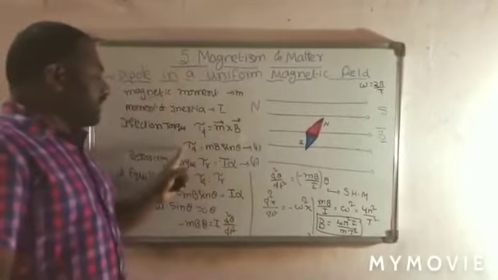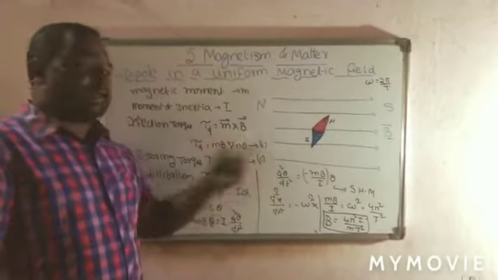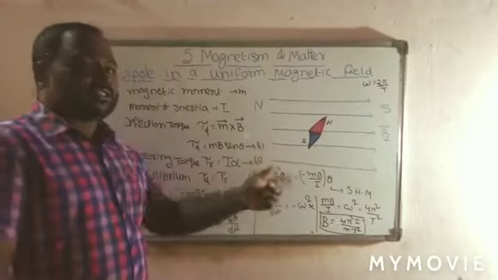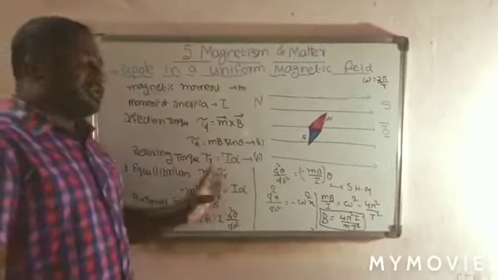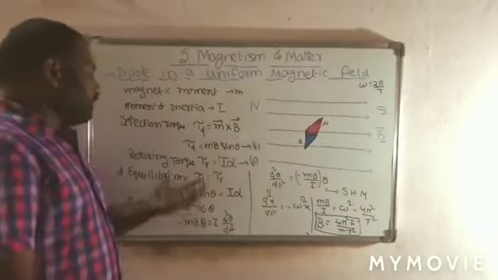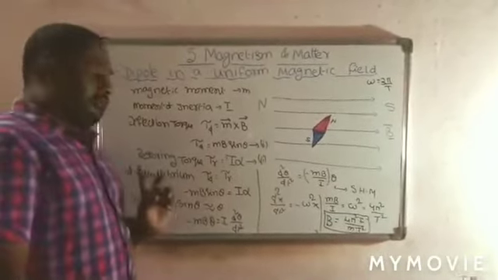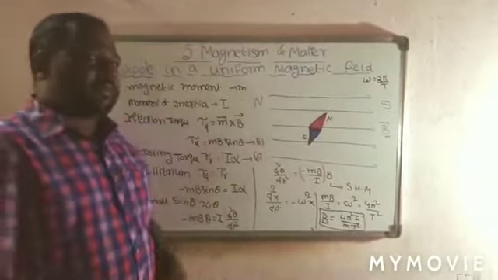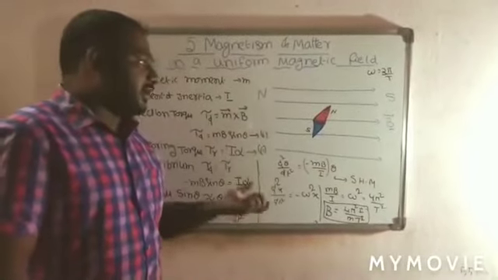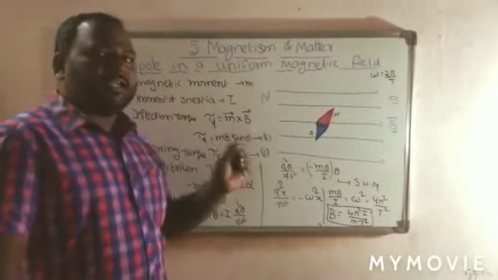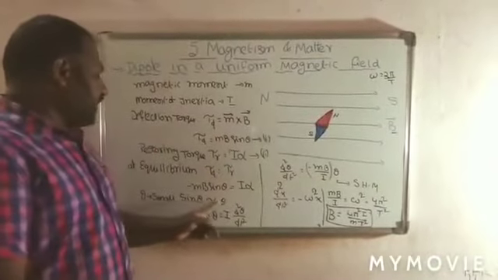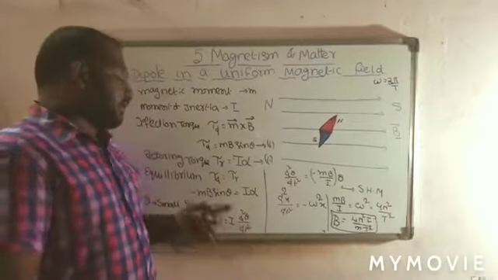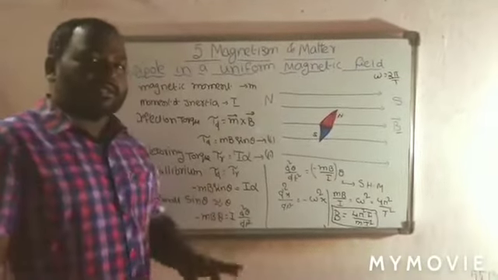Now that deflection torque is nothing but mb sin theta, and the restoring torque is nothing but I into alpha. At equilibrium, both torques are equal. That is tau d is equal to tau r. But both are opposite, so I take a minus here. So equating those, where the deflection is very small, means whenever you observe any electrical instrument, the deflection of the needle is very small. So the deflection angle can be taken as theta. Here theta is small, sin theta is also small. So we can write sin theta is almost equal to theta.